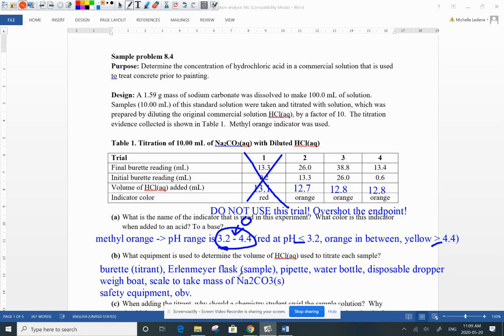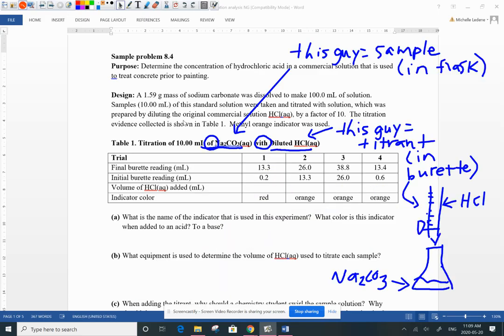So you just read through the equipment. Okay, we're obviously needing safety equipment. We're taking the mass and making a sample of our sodium carbonate, and then all of the titration equipment that we need. Okay, so how do I know what's going on here? What is going in the burette and what is going into our sample? Well, this is how I read it, and it's a titration of something with something. So if it's of